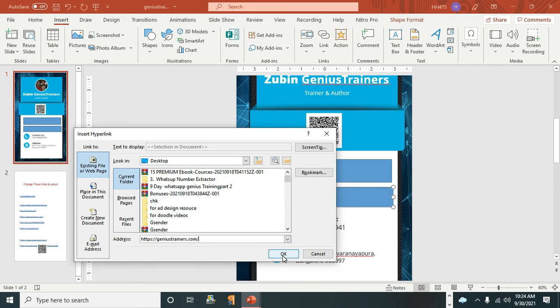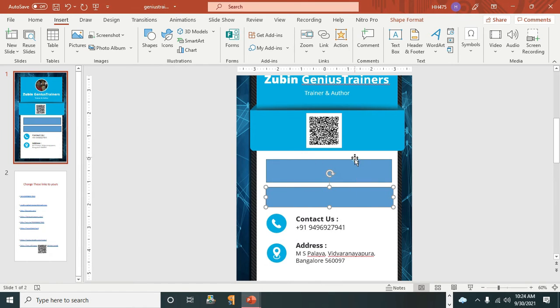Click OK. Make sure you are copying the correct link. For ease of saving, I'm just using the same link. Okay, now we have hyperlinked these two. Same way you can repeat wherever you want a link to be created.